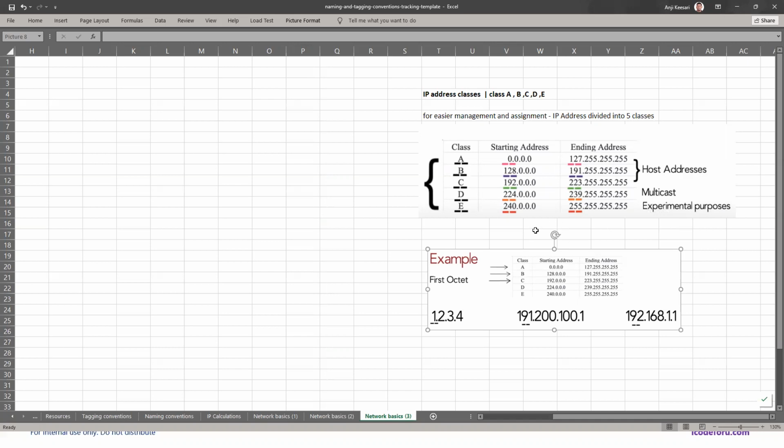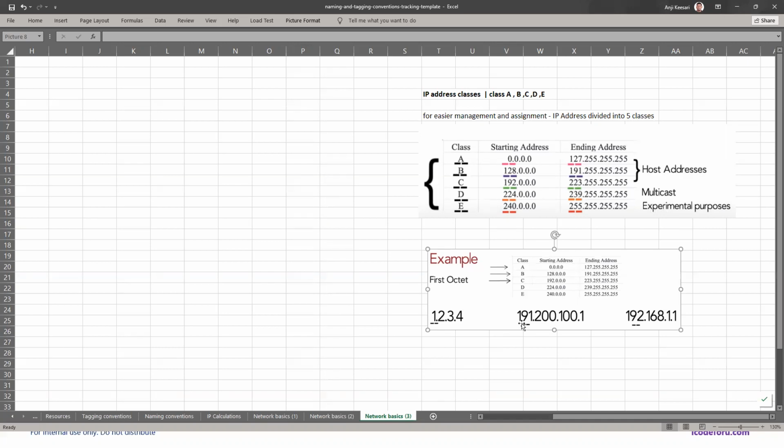So let's say you are trying to understand 1.2.3.4, this is your IP address, and you want to understand which class this IP address belongs to. You need to look at only the first segment. This comes under class A because the range is 0 to 127, and here we are talking about 1.